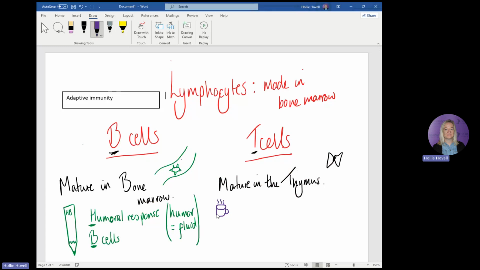What do you think that is? So that's a cup of tea. And what's this? This is a slice of cake. So my reminder here is tea and cake. And that's a reminder to me to remember that our T cells are involved in our cell-mediated